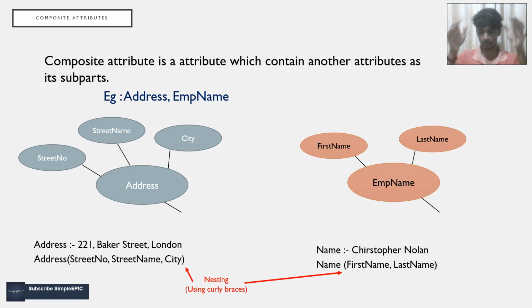So that's why we use curly brackets to represent that composite attribute. Those are just standard notations. Maybe they will be important, but when it comes to ER diagrams, those text notations are not important. What is important is the graphical notations. We are not going to make ER diagrams by using these text notations.